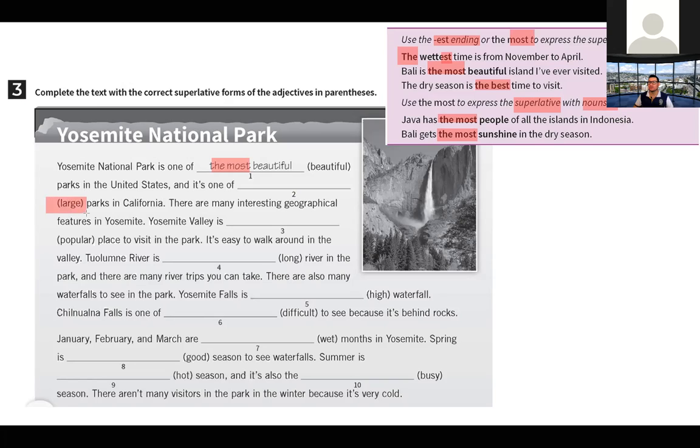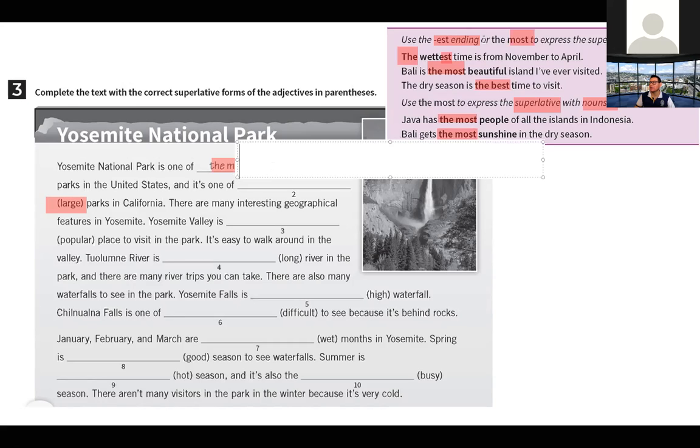Ajá. Pero ya, recuerda, estamos usando el adjective large, no estamos usando el adjective long. Recuerden que son diferentes. Long, large. ¿Ya? What do you think? What should be the correct answer? You have the adjective. Ya tenemos el adjective large. ¿Ok? Entonces, remember, como todo superlative, tengo que empezar ¿de qué manera? I have to write the. Al inicio siempre todo superlative empieza con the. Ok, you say the.